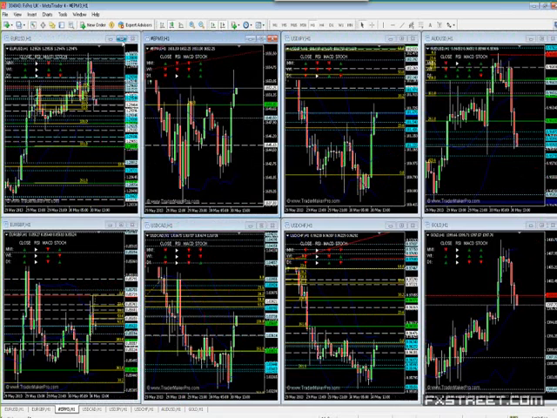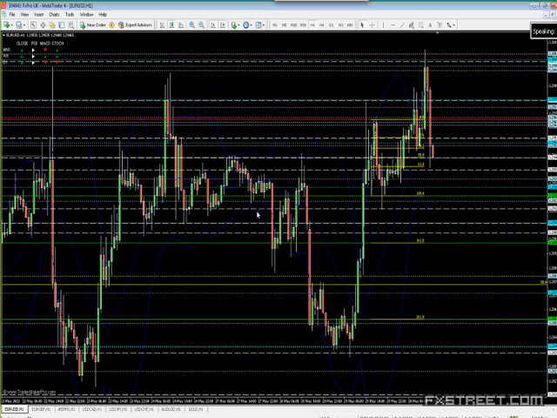So we'll focus on the euro dollar for the first 5 or 10 minutes before the data comes out. We can see that the euro dollar has rejected the high, so it's tying again with the Bollinger Band. The reason why we've got Fibonacci drawn in here is, again, the way I draw Fibonacci retracements